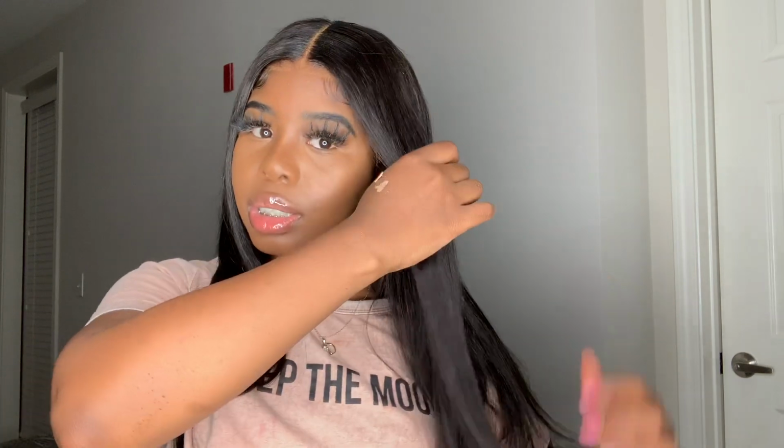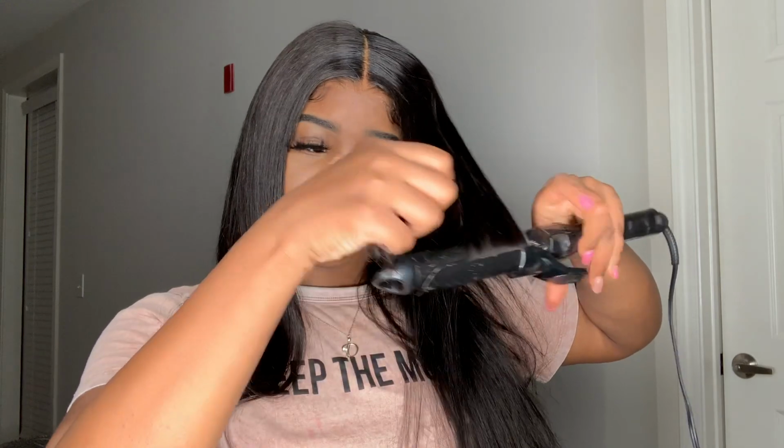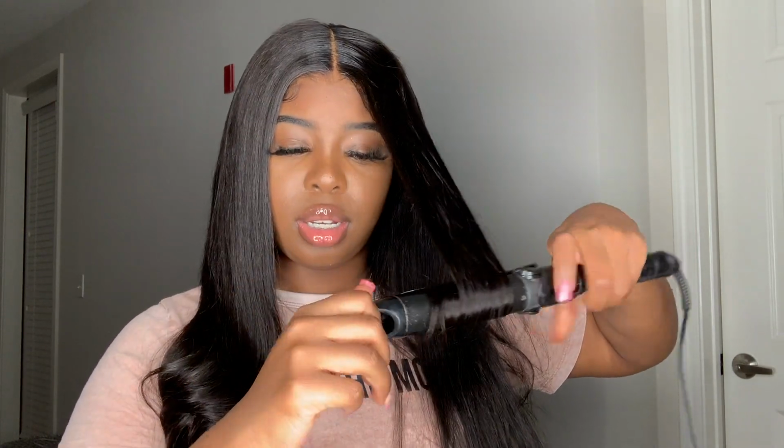So yeah, let me just do the other side because this video is already super duper lengthy and you pretty much don't even need to do too much to this hair. Even though I straightened it, you can see it obviously curls really nice. You don't need to do too many sections at a time. It's super simple to do. And yeah, so